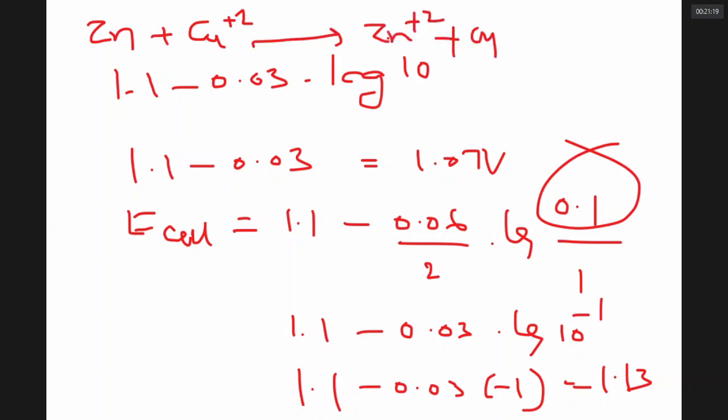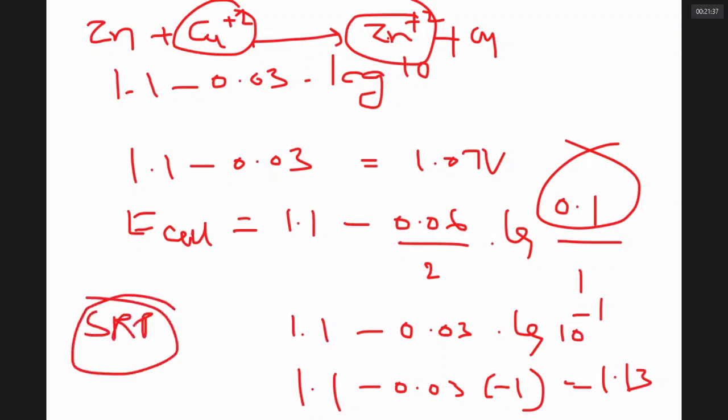How to decide which is the reactant ion, which is the product ion? The one which has negative potential is the product ion. The one which has a positive potential is the reactant ion. Or, whichever has higher standard reduction potential, SRP, undergoes reduction by gaining electrons. Therefore, the one with high SRP is the reactant ion. The one with low SRP will be the product ion. Are we clear about it? So this is what is there in your syllabus.